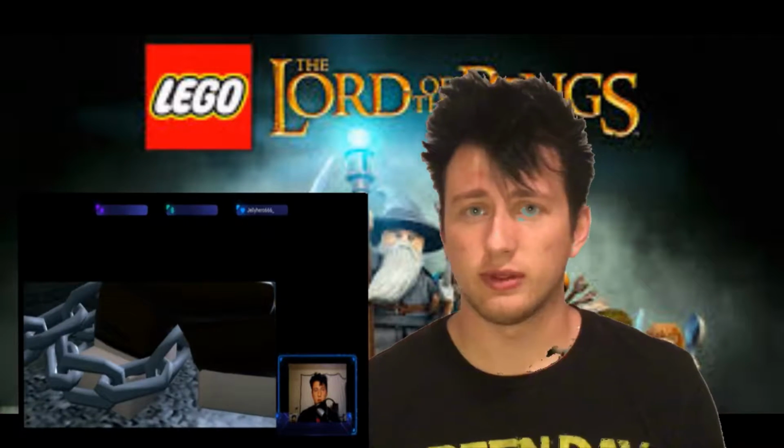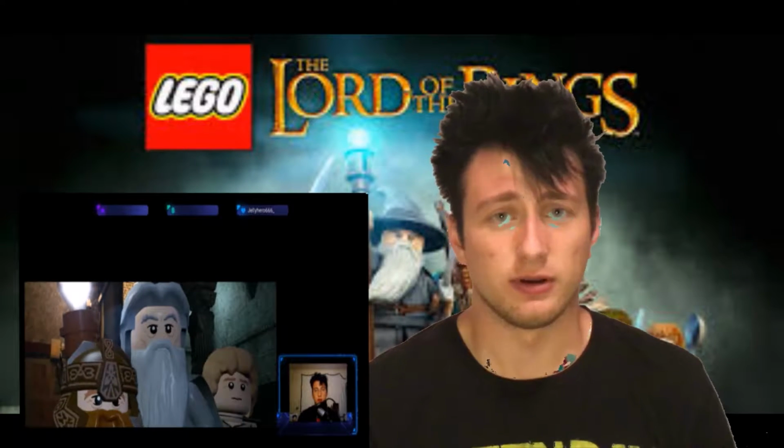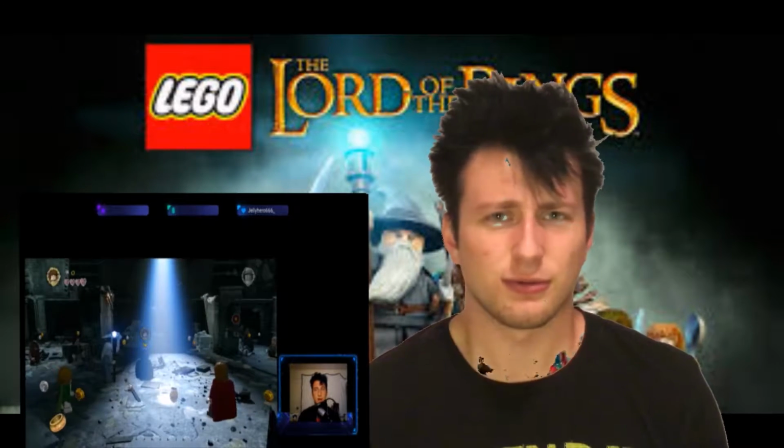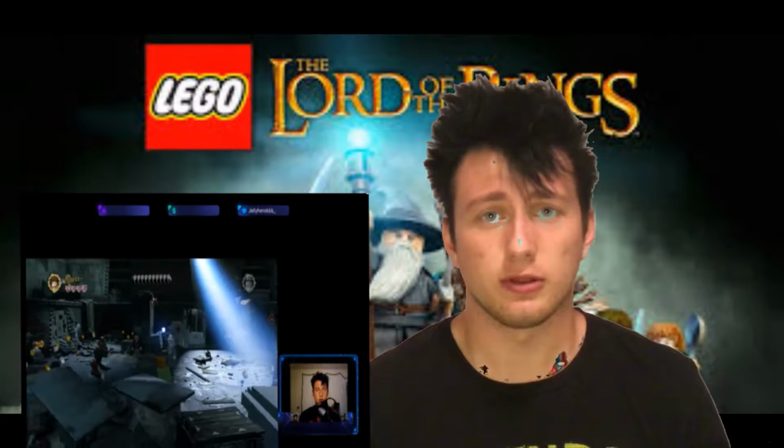And they're also going to throw some bits of humor here and there that use the Lego formula that are actually really enjoyable. One of them actually had me laughing out loud just because it was so stupid and ridiculous. But it was funny. It turned some serious moments into not so serious moments, made them pretty funny.